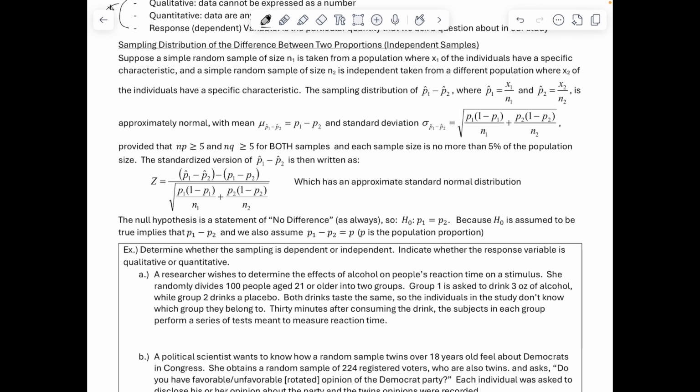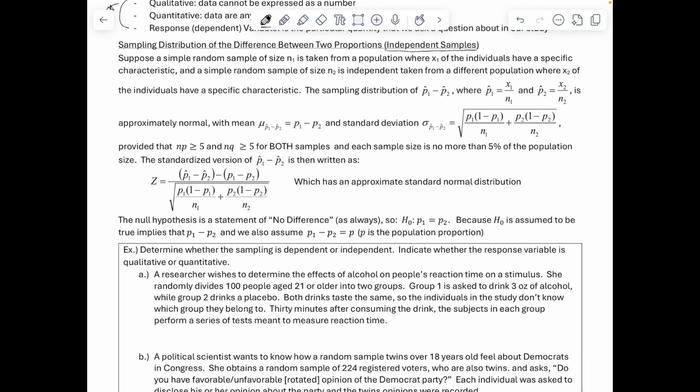Next up, it says sampling distributions of differences between two proportions, and this is going to be dealing with independent samples. It says, suppose a simple random sample of size n1 is taken from a population where x1 of the individuals have a certain characteristic. And likewise for a second sample of size n2 with that same characteristic, where x2 have that characteristic. So the sampling distribution of p1 hat minus p2 hat, where p1 hat is x1 over n1 and p2 hat is x2 over n2,